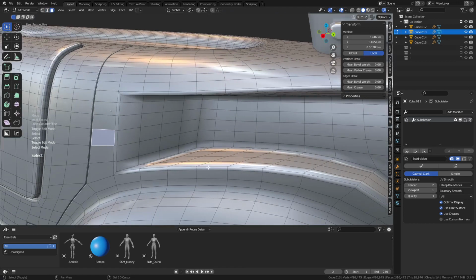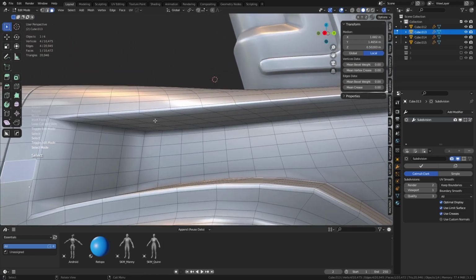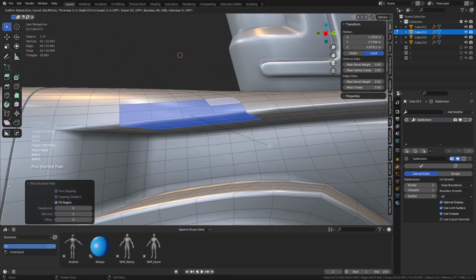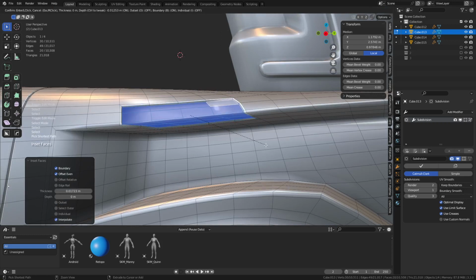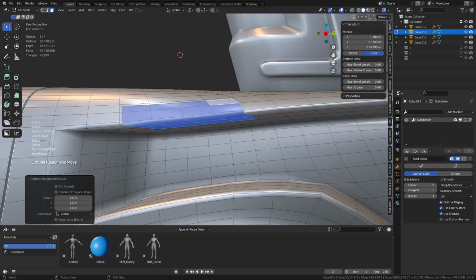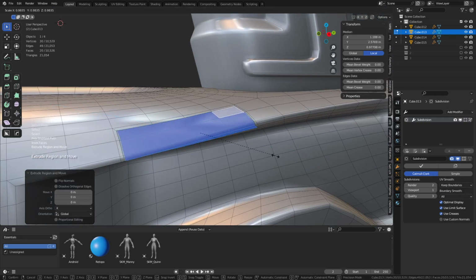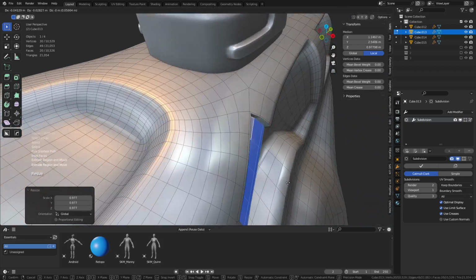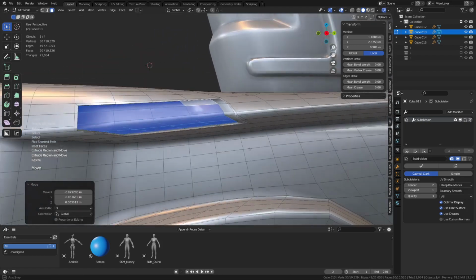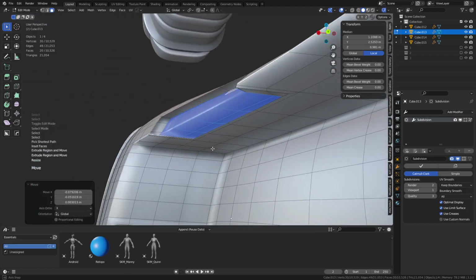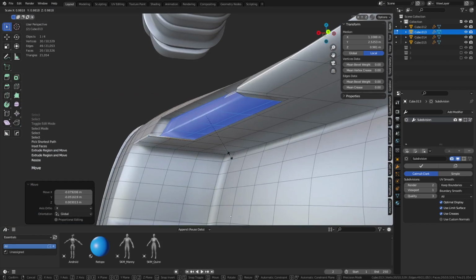This doesn't have enough resolution to do what I want, but like these sections here, you can inset again, hold control, press E, S, scale it. There's different things you can do. You could press inset again, just try to push it in or push it out or whatever. But if you hit E, and just scale it a little bit and just move it. This is the time that you can get away with doing a lot of weird stuff like this. I wouldn't say it's weird, but